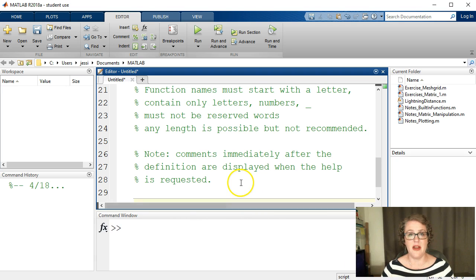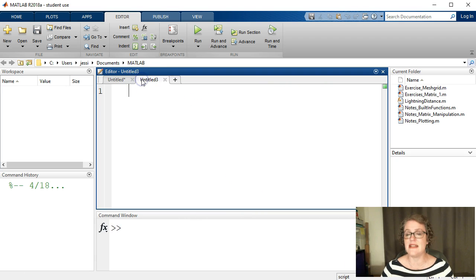That way it'll be in my notes file, but I need it in a separate file in order for MATLAB to run it. Because remember, the name of the file has to match the name of the function. So if you change the name of your function, you've also got to change the name of your file to match. So remember we start with the word function, I'll call the output output, equal sign,